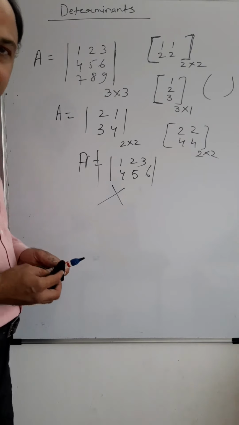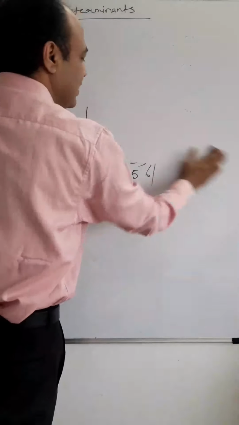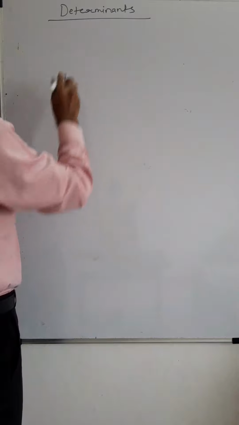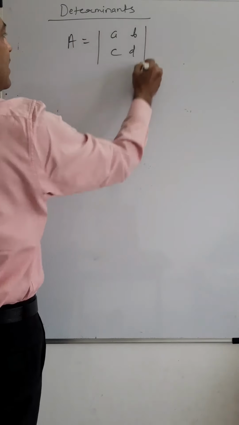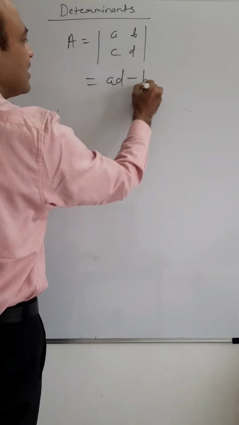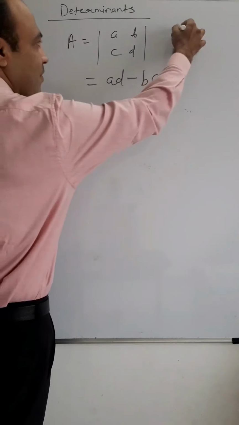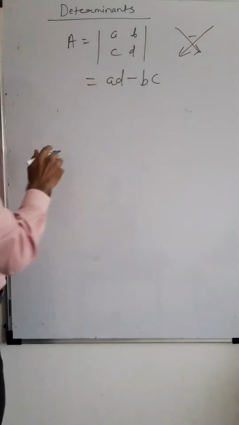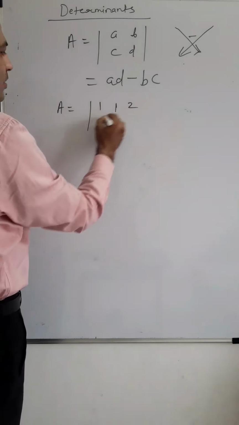Now first we will learn how to expand the determinant of 2 cross 2 and 3 cross 3. I believe all of you know these expansions. Let's say I have a 2 cross 2 order determinant a b c d. We expand this way by cross multiplication: ad minus bc, that's it. For 2 cross 2, ad always starts from the left, and in between there is a minus. Now if we have a